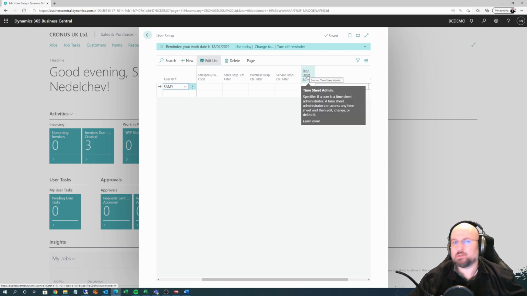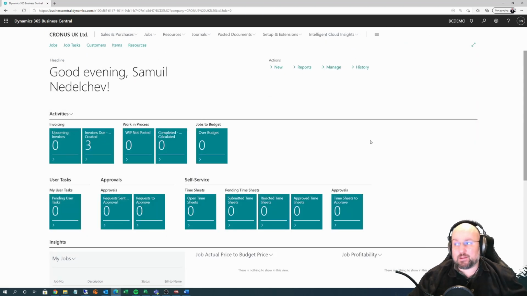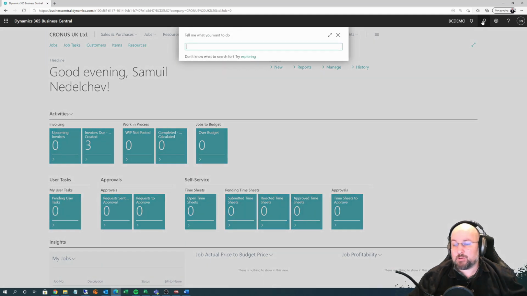And you will want to have at least one timesheet administrator out of all the users, because this permission gives you some extra privileges to essentially substitute another user who would normally perform a task and is not available, i.e. maybe they're on vacation. Another setup we need to do is we need to actually go ahead and check the